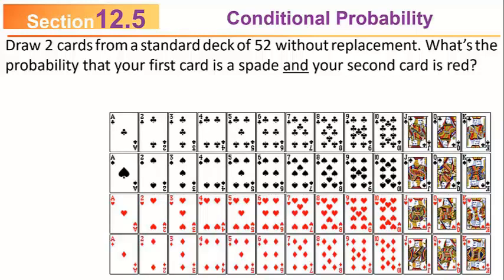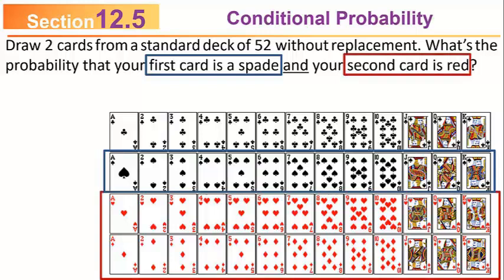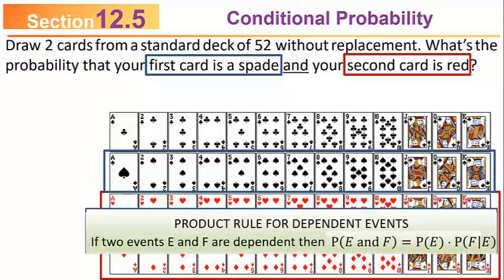Recall your deck of cards. You have to know enough about a deck of cards to answer these sort of questions. The first card being a spade causes you to look at the deck of cards and realize that there are 13 spades in the deck. The second card being red causes you to look at the deck of cards and realize that 26 of those 52 cards are red. The product rule for dependent events says if 2 events, E and F, are dependent, then